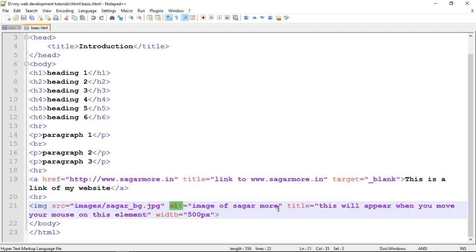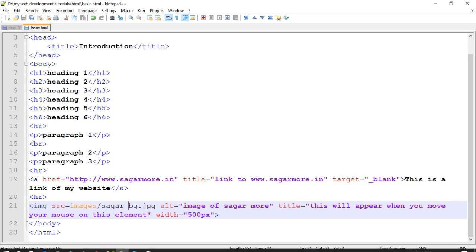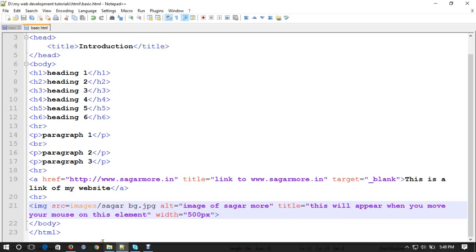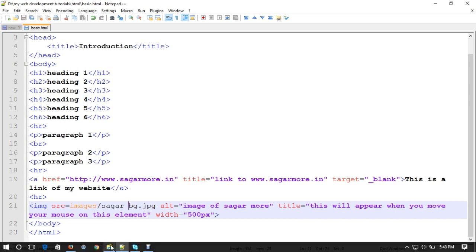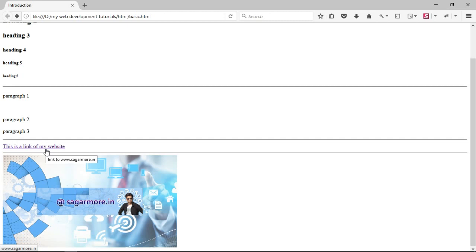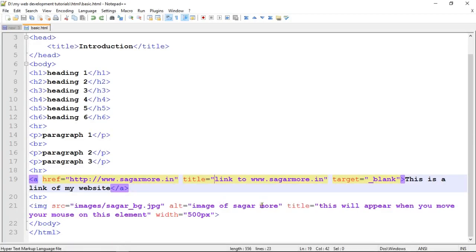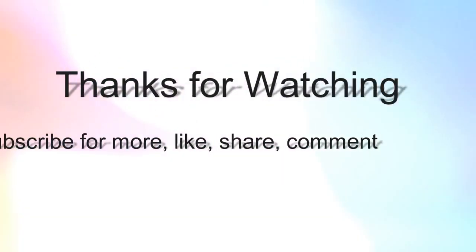Here is my next tip. If the value inside an attribute has any spaces, then you should give quotes to combine it as one string. But if you remove the quotes, then it will consider the first word that it catches before the first space. So this was the introduction of HTML and HTML basics.